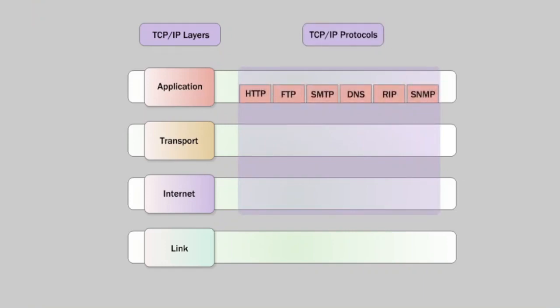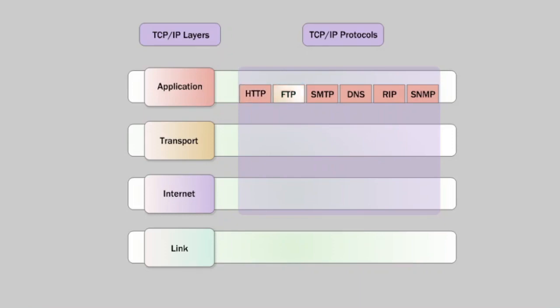Software to interface with specific network topologies is not part of TCP/IP. Each of the upper 3 TCP/IP layers contains one or more protocols that perform different functions within TCP/IP. 6 of the most commonly used application layer protocols are HTTP, the Hypertext Transfer Protocol, which is used to access